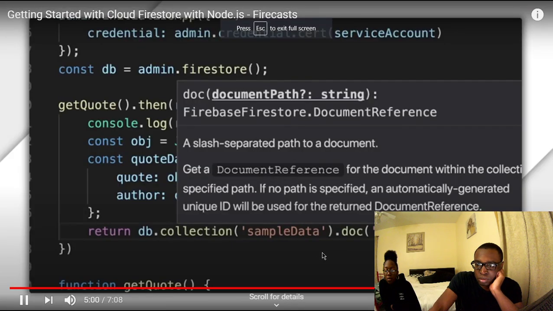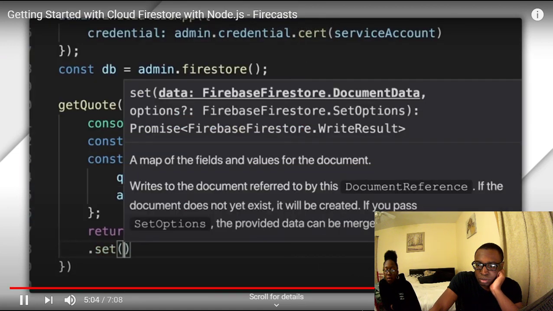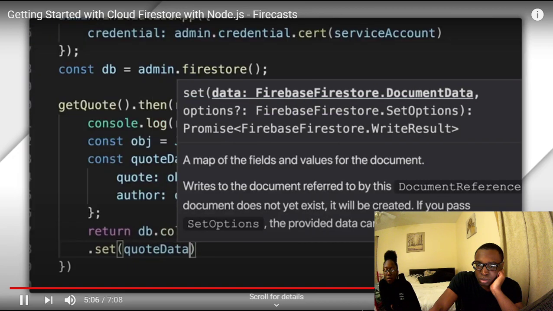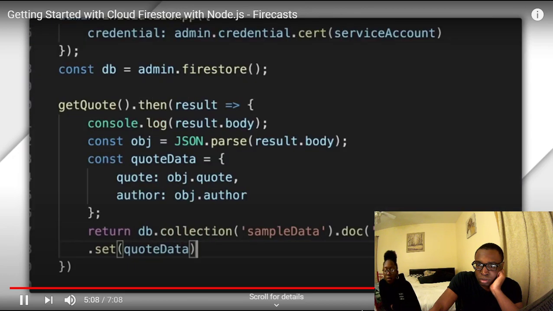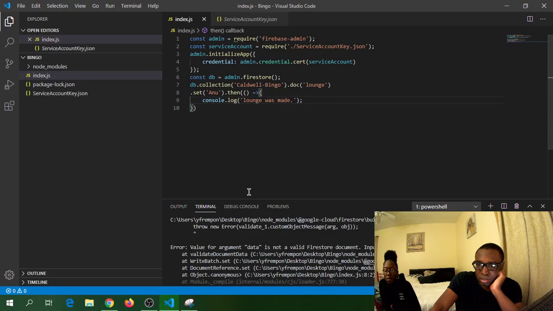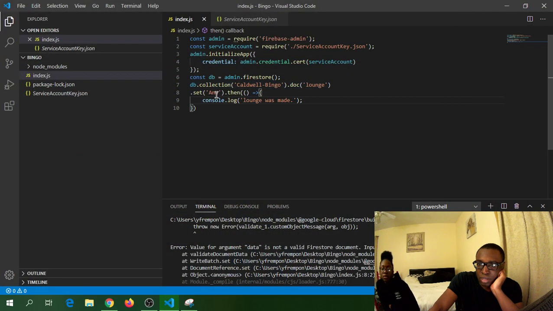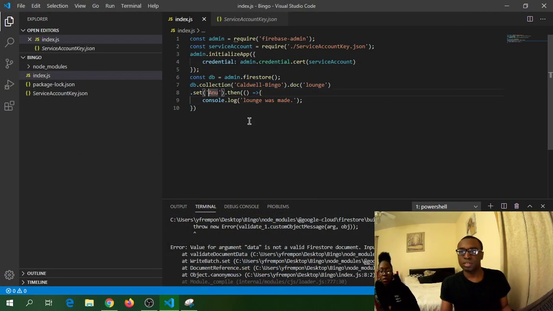If the document does not yet exist, it will be created. So keep in mind that this replaces all the data in the document with the data passed. If I wanted to update some fields or add... Oh, okay, sorry. You see how hers is like quote and then the quote data out there? It has to be a key and value pair. So I was just trying to write the value, but instead it should be